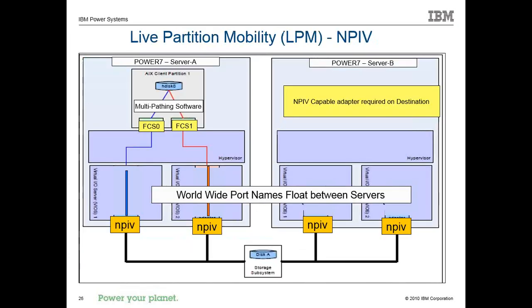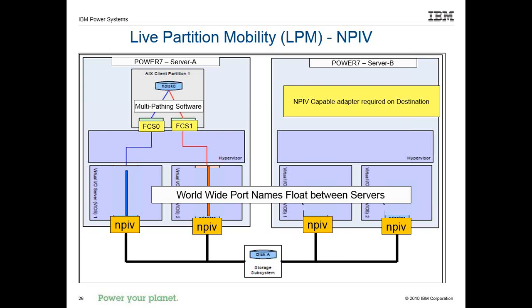So, this is talking about NPIV again, and it's saying the virtual worldwide port names float between the servers. That's the nice thing about NPIV. You only zone it once, and then it can move between any of your servers, whereas with vSCSI you have to zone it to each destination server you want to move it to. So if you want to move it to 8 different destination servers, you'd have to give your SAN zoning team 8 different physical HBA WWPNs on vSCSI. So, okay, with NPIV, make sure to zone the even and the odd.